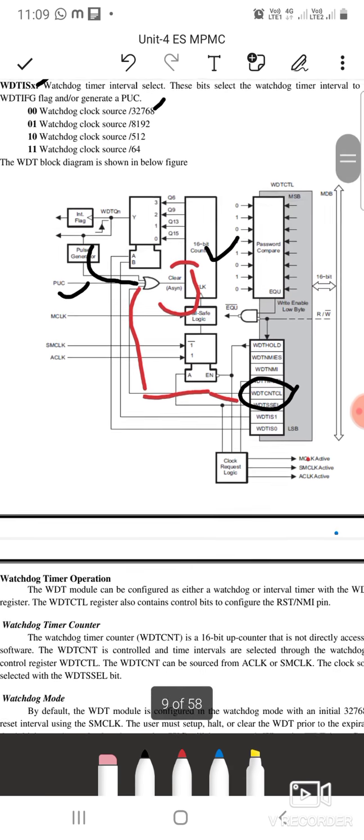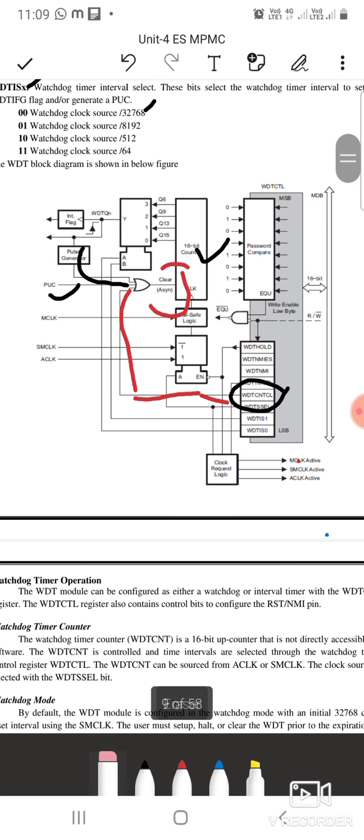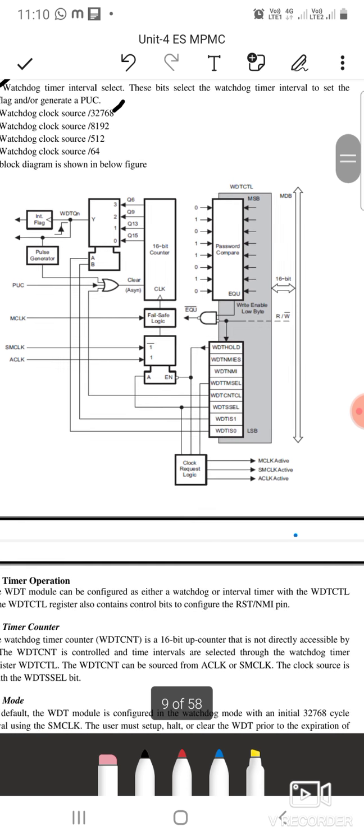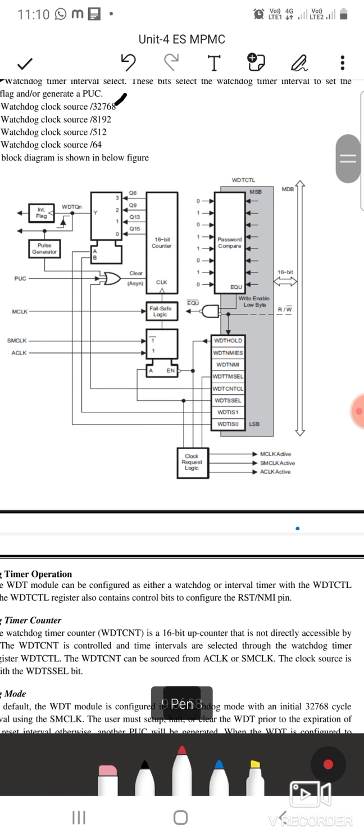Let me brief you about this architecture, that is the internal block diagram, in brief. You are having a 16-bit control register in which the upper part is used for comparing the password before you can write to the control register.